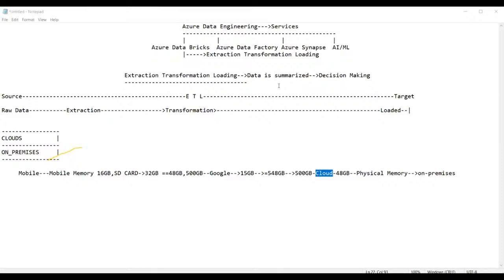Tell me now, guys. Yeah, of course. That means the access is possible irrespective of the location. So we can say that we can access the data stored in the Google Drive from anywhere in the world. Am I right? From anywhere in the world without worrying about the physical location where my data is stored.